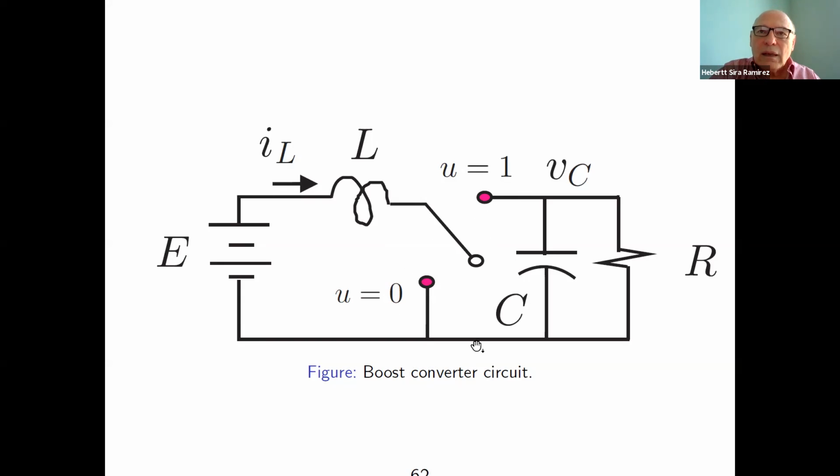Even in the average model, those sources appear as sources in series with the control voltage source and the control current source that replaces the switch as an ideal transformer. So you have all sorts of disturbances acting here at the level of the